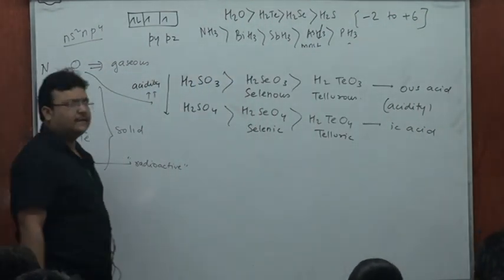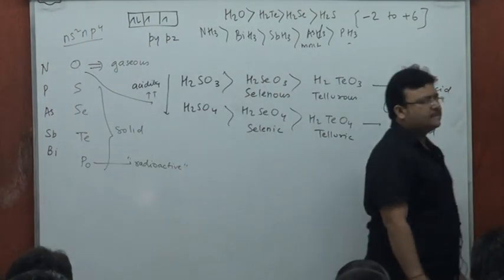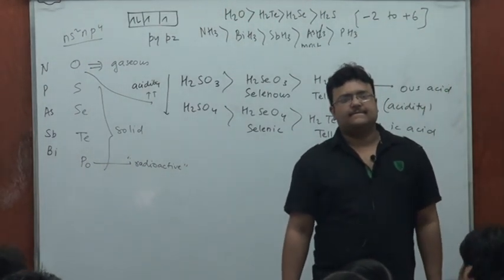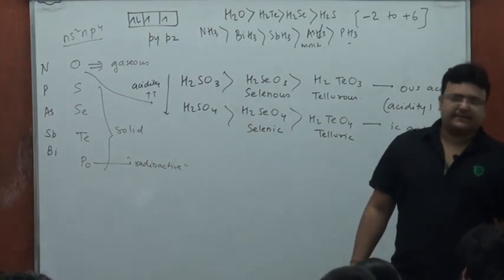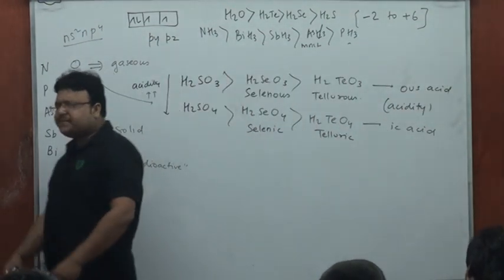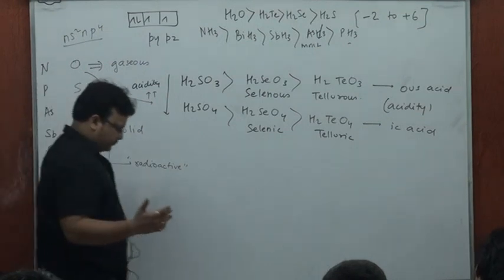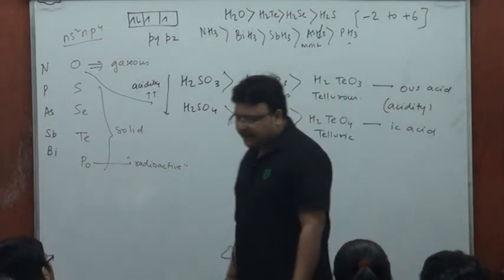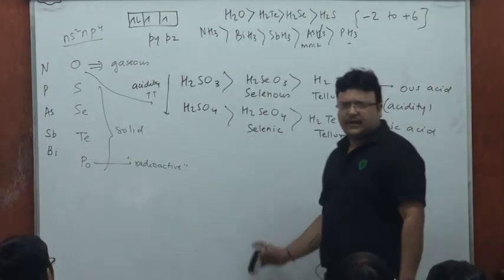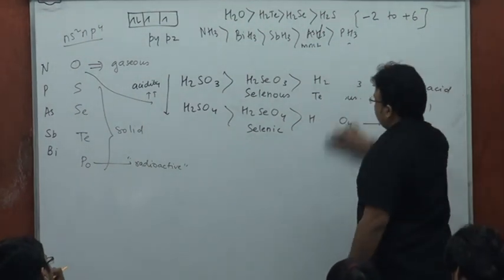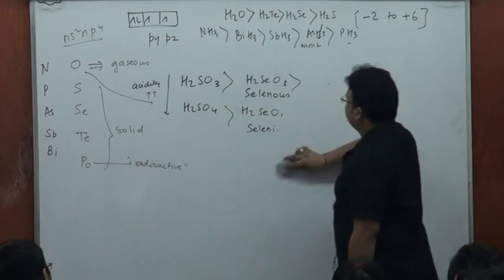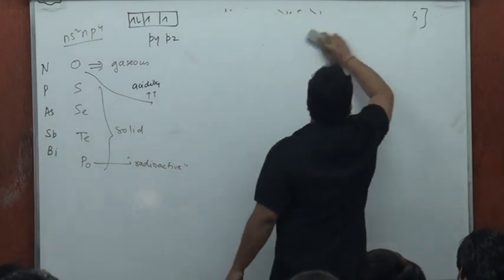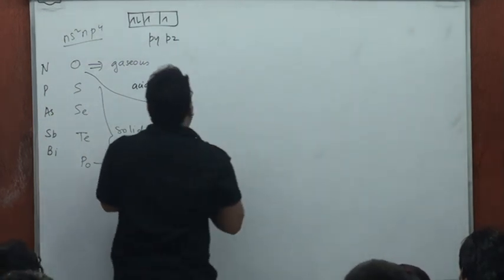All right. Halides. Group 6 is going to form two kinds of halides, hexahalides and tetrahalides. I guess I can rub this. Hexahalides and tetrahalides. Talking about the hexahalides,